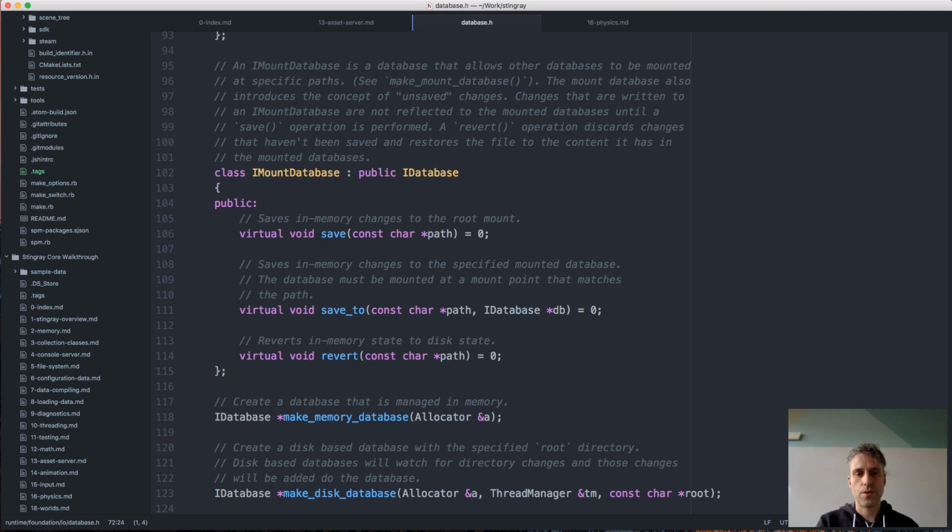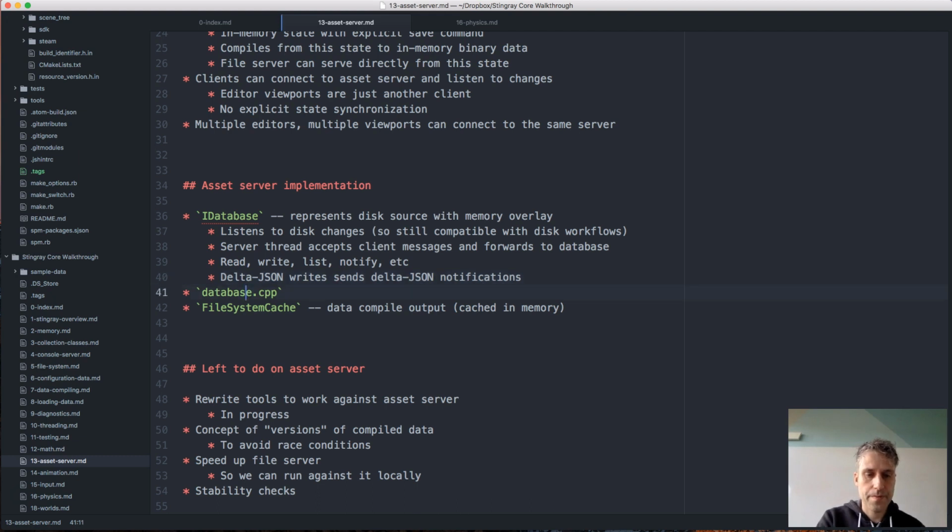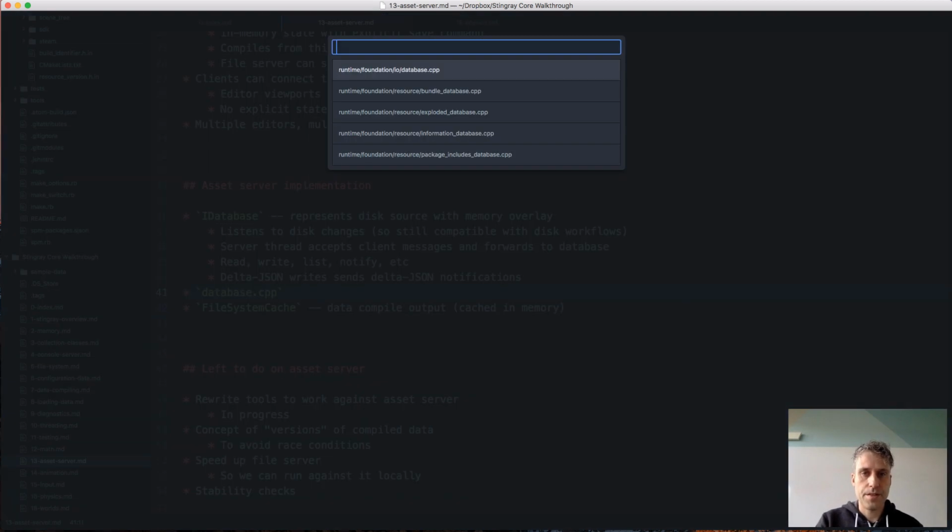So the mounted version also has the in-memory, the sort of dual representation. It knows the disk state, but it has a transient memory state. And it supports operations for saving, so that we can save the in-memory state down to the disk. And it also supports a revert operation, which means we will throw away the in-memory state and revert to the disk state for a particular path. So the implementation of this,